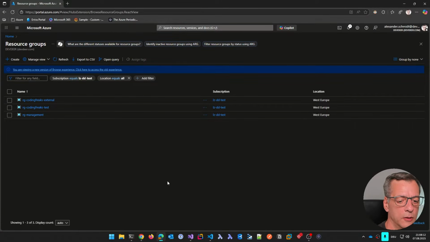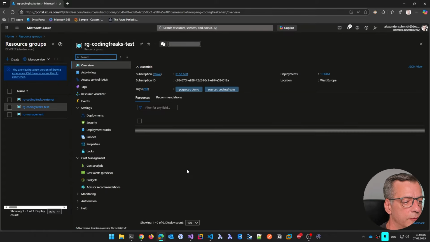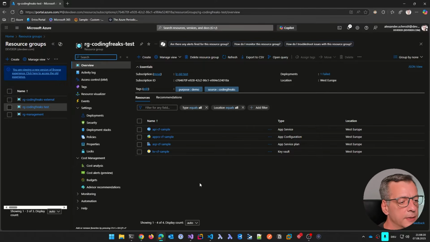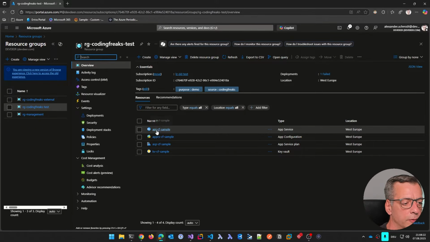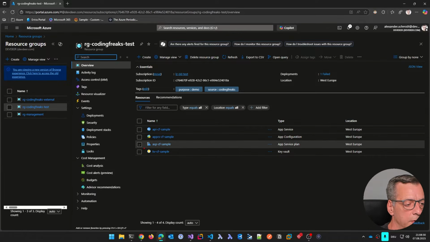What the whole Bicep does is deploy this resource group for you. Inside of that resource group, what's interesting is 4 resources. That's exactly what I showed you in the Bicep. Of those 4 resources, the most interesting one is the API, but what we need to concentrate on is this and that. So we will start with the Key Vault, which is one option to simply store